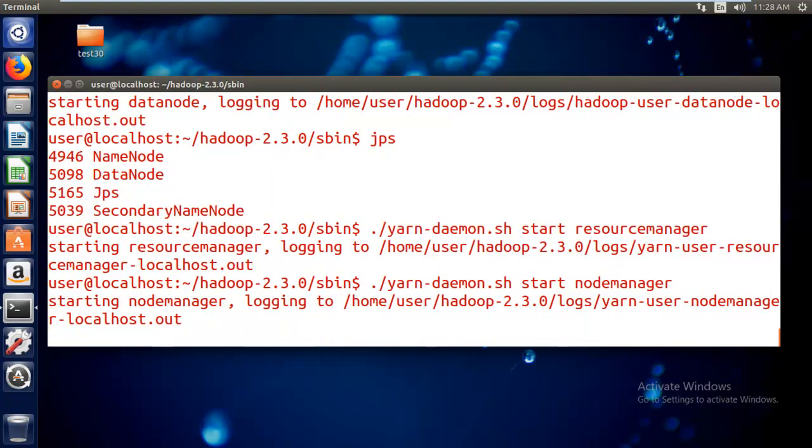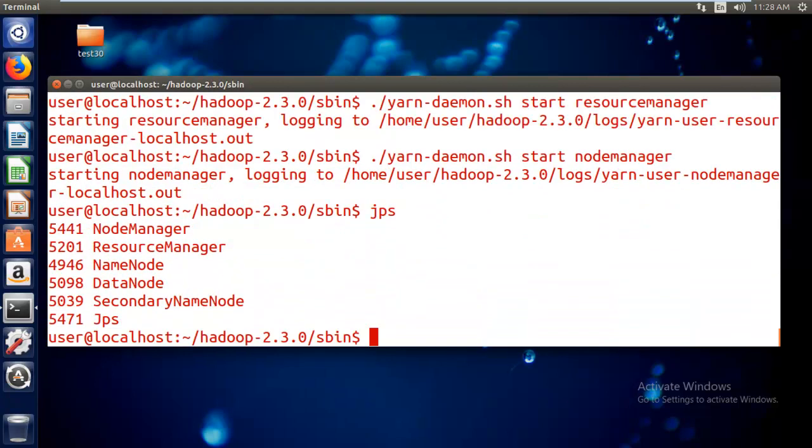Alright, so we just started all Hadoop and YARN related services. Apart from this, we need to start the history server also. This is not really required now, but whenever you would like to work with Apache Pig or Hive, this history server is also mandatory. Why it's mandatory, I will let you know once we are talking about Pig. But I will show you how to start the history server also.